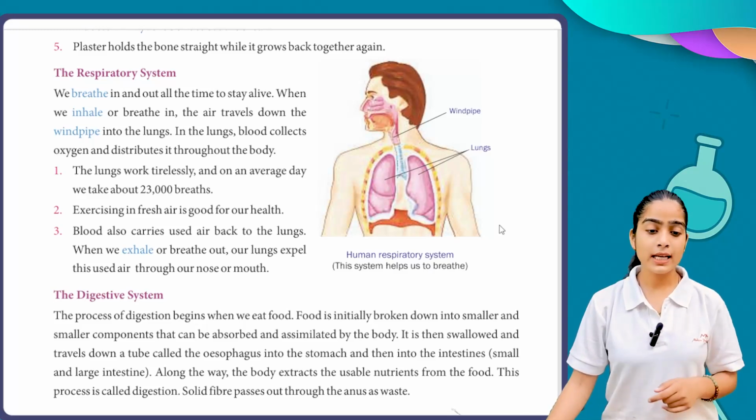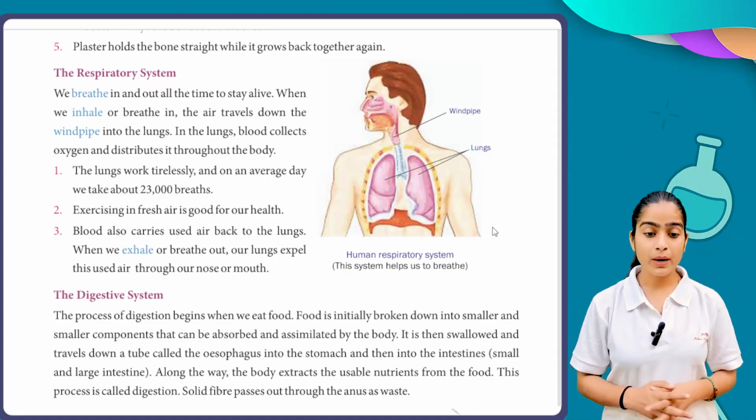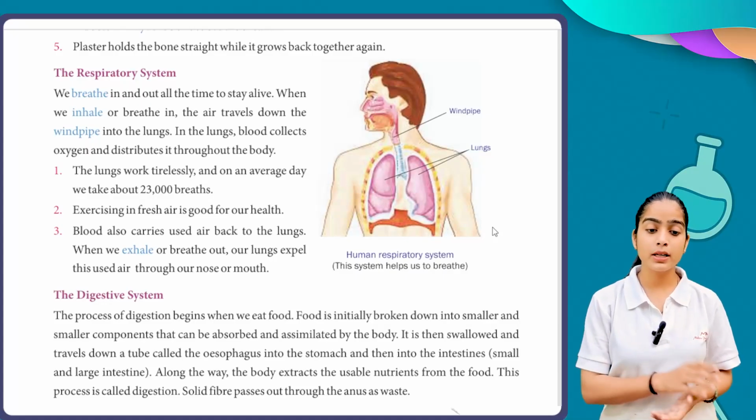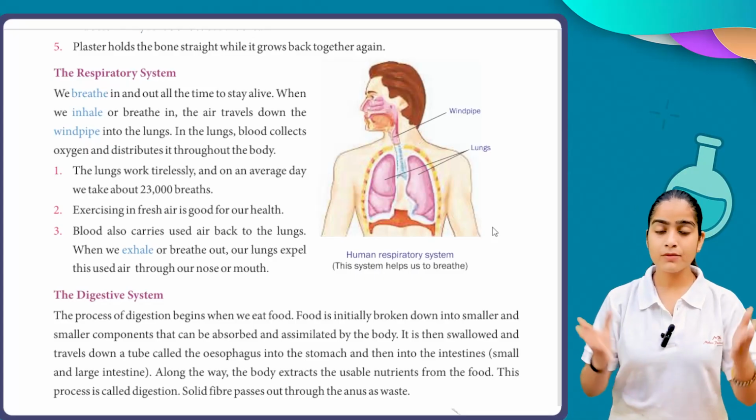When we inhale or breathe in, the air travels down the windpipe into the lungs. In the lungs, blood collects oxygen and distributes it throughout the body. So what will happen? For example,